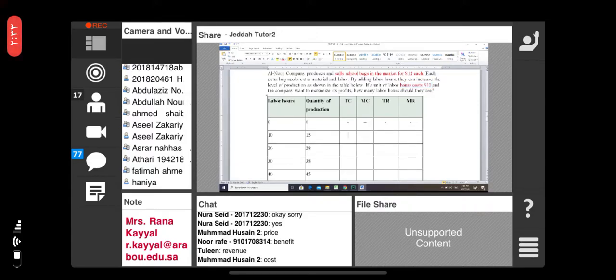Okay, let's start solving it. Here at this level, they are asking me to look for total costs. From which column should I calculate the total cost? How do I calculate the total cost? From where should I get the data? So total cost equals